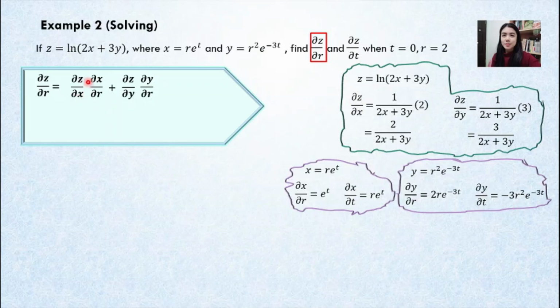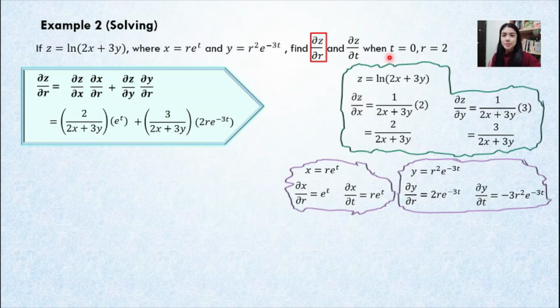Let's go to the first one, that is del z del x. So what is our del z del x? That is this one. So we do the substitution. Then we go for del x del r. So this is our del x del r. Just substitute inside here. And then we go to del z del y. This is our del z del y. Then you have del y del r, this is the one. So just do the substitution. So we have this one. So we temporarily leave our del z del r in this way